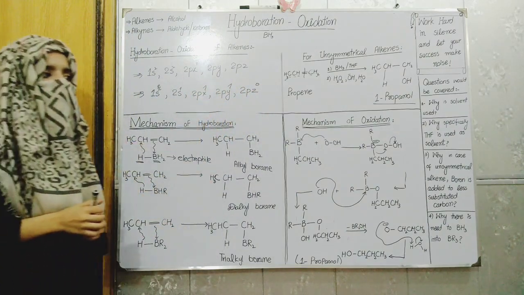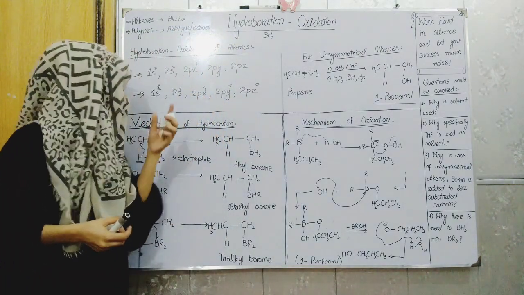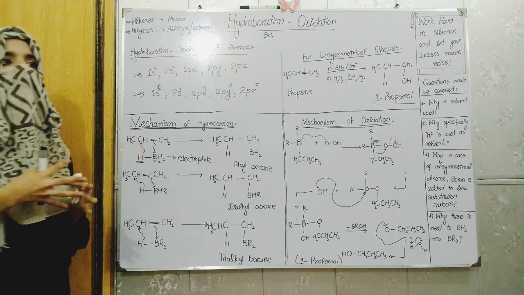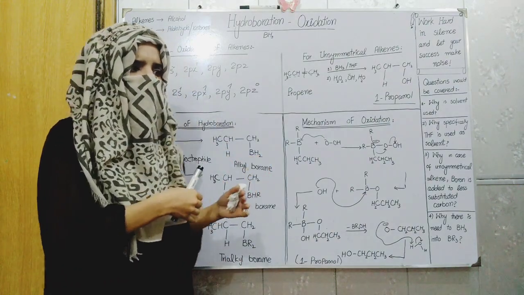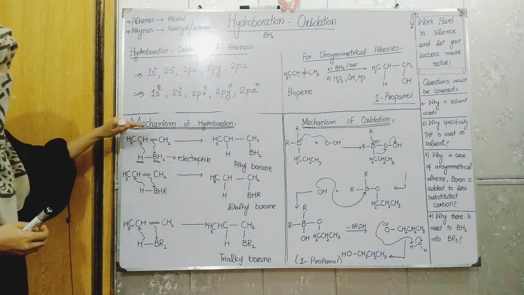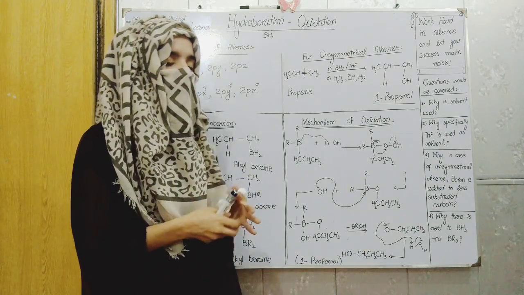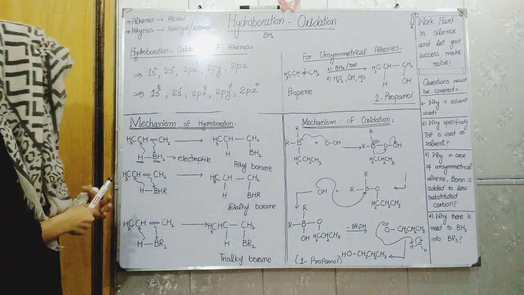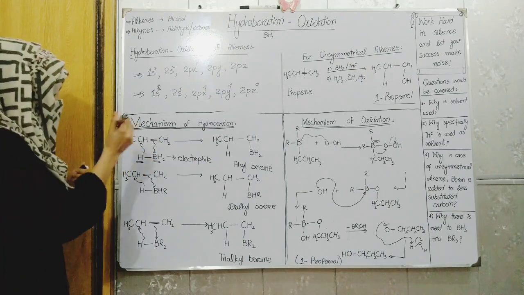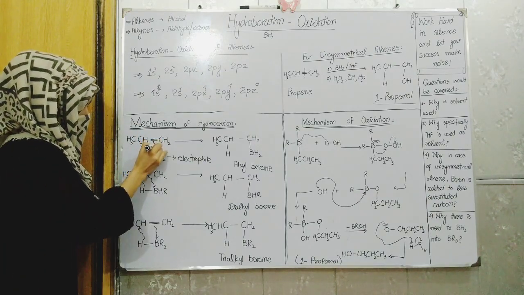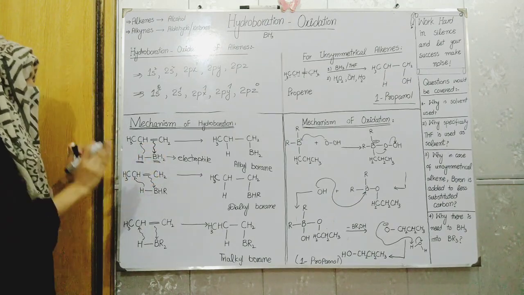And alkenes, we are familiar, alkenes act as a nucleophile because here the pi bond is present and it is not much close to the nucleus, loosely bound, and this pi electron can easily attack the electrophile. That's why alkenes act as a nucleophile because of their pi electrons. And first, this alkene acts as a nucleophile and attacks the electrophile, that is the boron atom.